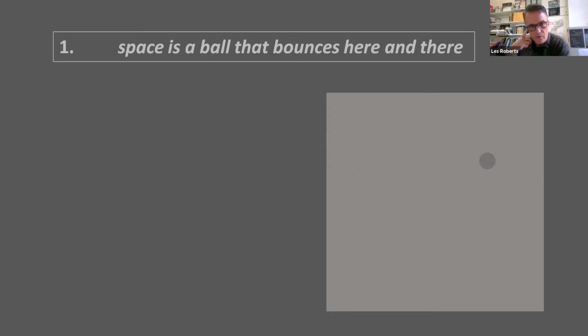What I'm doing with this provocation, space is a ball that bounces here and there, is using it as a way to playfully toy with the idea of approaching space, whatever it is, as if it was a koan. So that's what I'm doing in this first part: approaching something in the form of a koan. I'm sure you all know what a koan is, but by the way of a brief explanation,